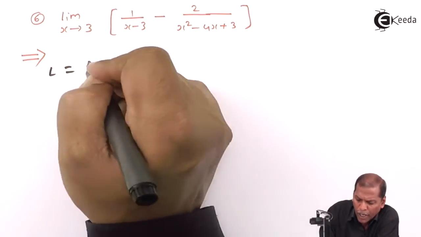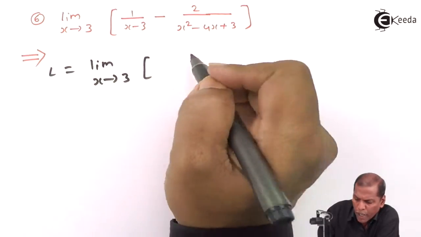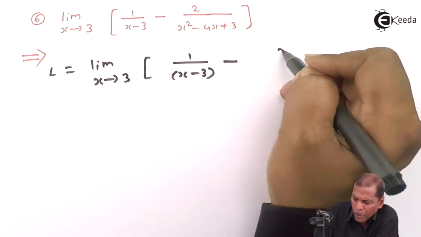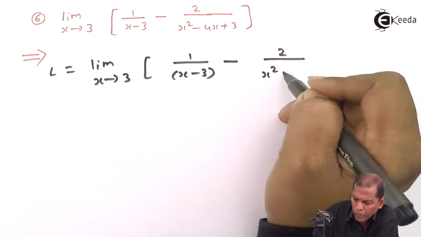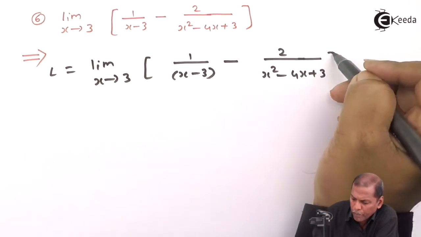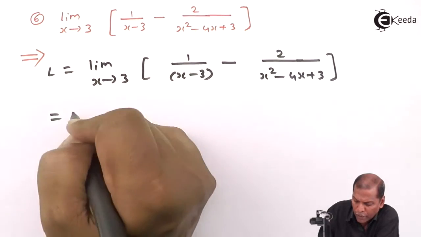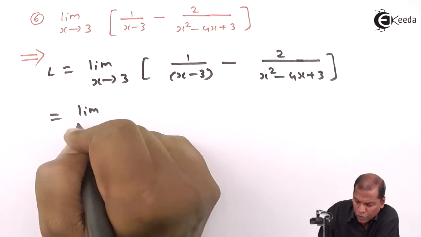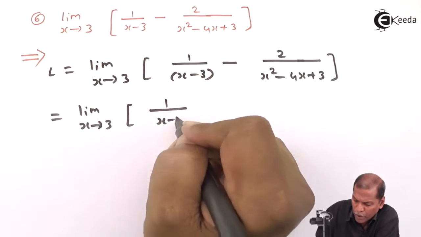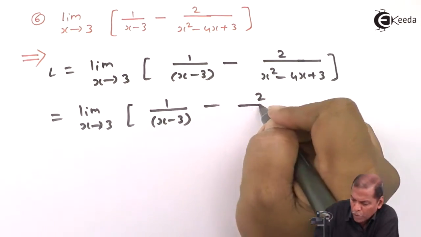First of all, L is equal to limit x tends to 3 of [1 upon x minus 3 minus 2 upon x square minus 4x plus 3], and the square bracket is complete. The next step will be limit x tends to 3 of [1 upon x minus 3, the term we write as it is, minus 2 upon